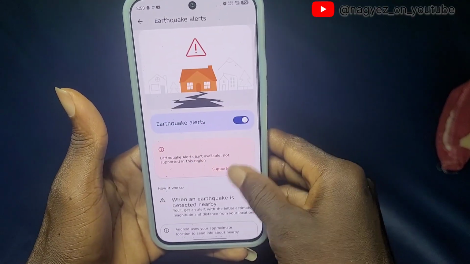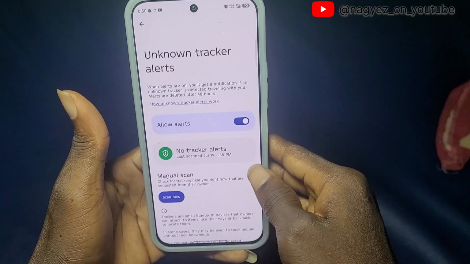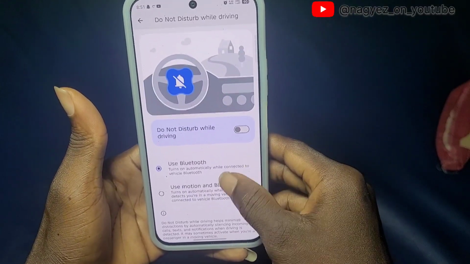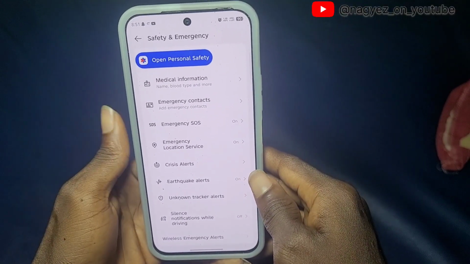Be careful when testing Emergency SOS. On some phones, activating it can immediately place a call to emergency services. If you want to test the feature, first review the settings to understand what will happen and avoid making accidental